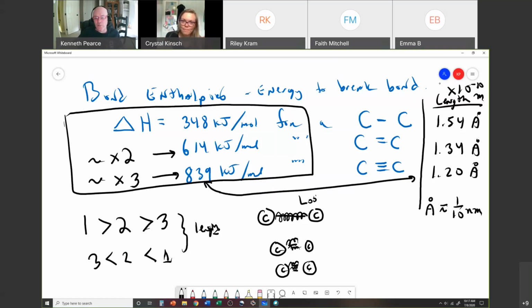you look them up. These kind of numbers have been figured out a long time ago. So you just need to know where to find them. That's what you need to know, is where do you find these? Now, where do you find these? Well, the bond lengths you find on page 329. And bond enthalpies you find on page 326. Okay, this is where you find this stuff in this textbook,